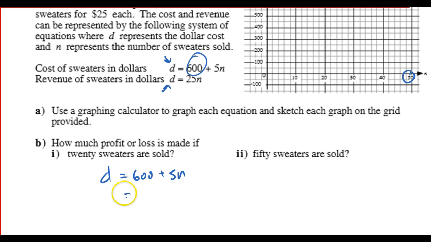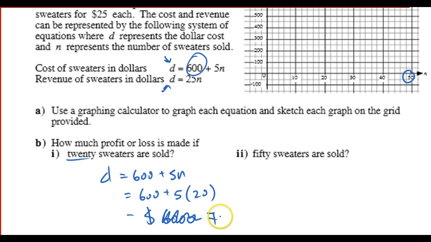That's my cost. So 600 plus 5, and then N was 20, so that makes it 100. Oops, that's terrible math. 600 plus 100 is 700. Okay, so the cost of making 20 sweaters is $700,